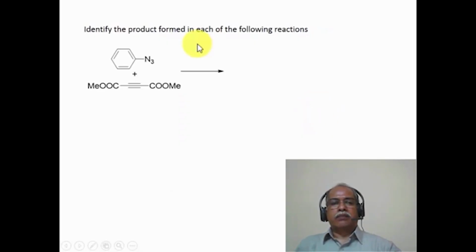The question is fairly simple here. This is the fourth question. Identify the product formed in each of the following reactions. The first reaction shown is an azide, phenyl azide, and dimethyl acetylene dicarboxylate. Remember,